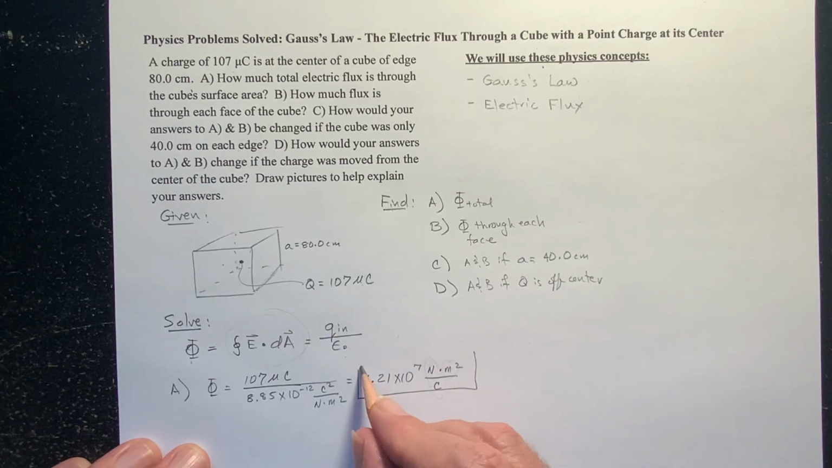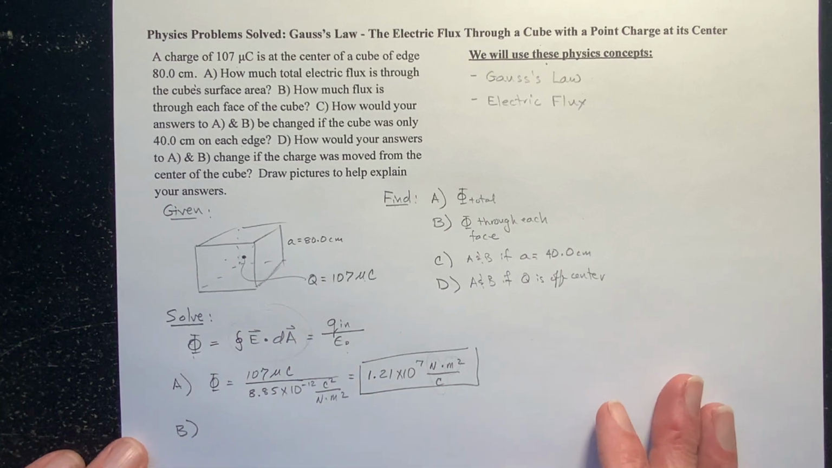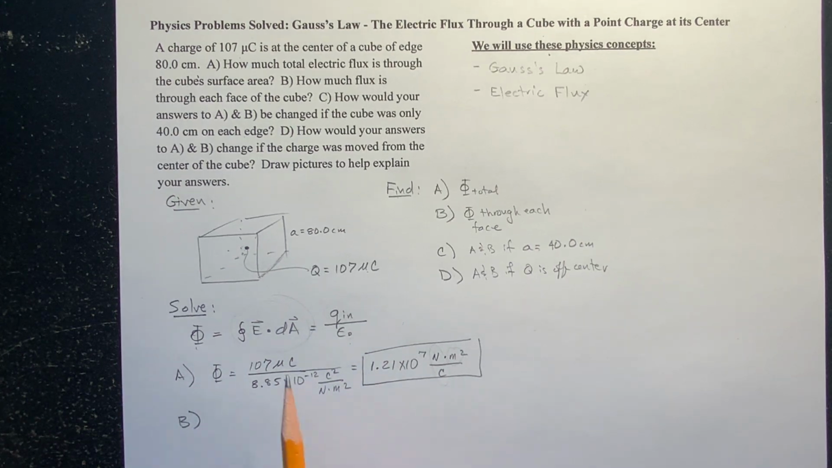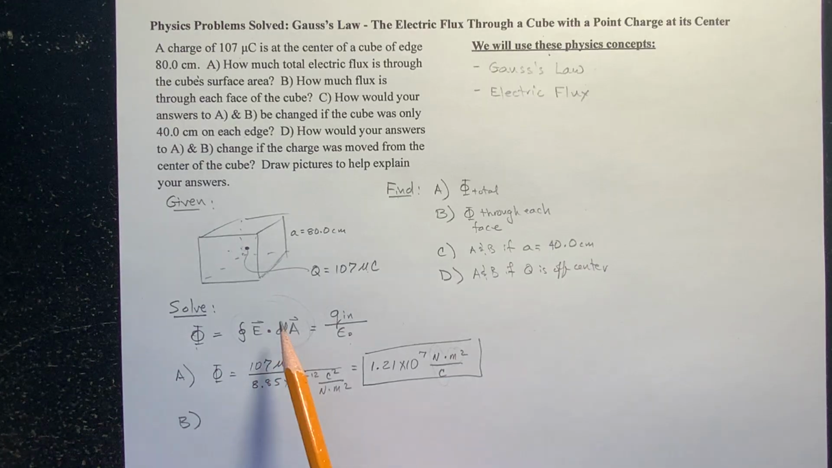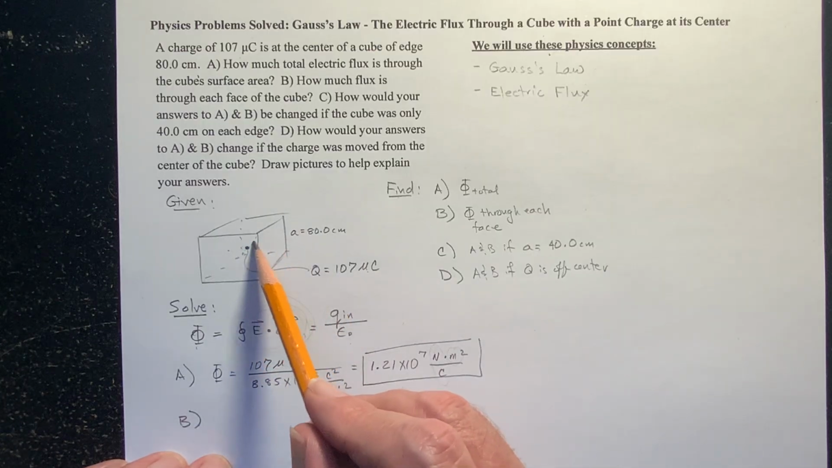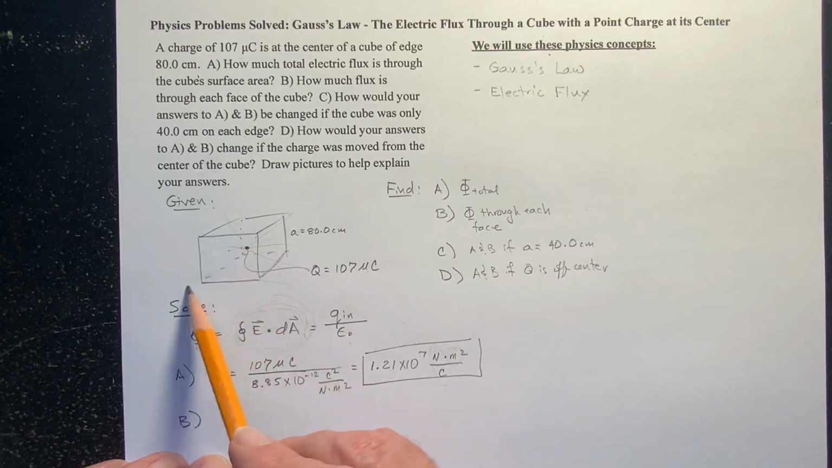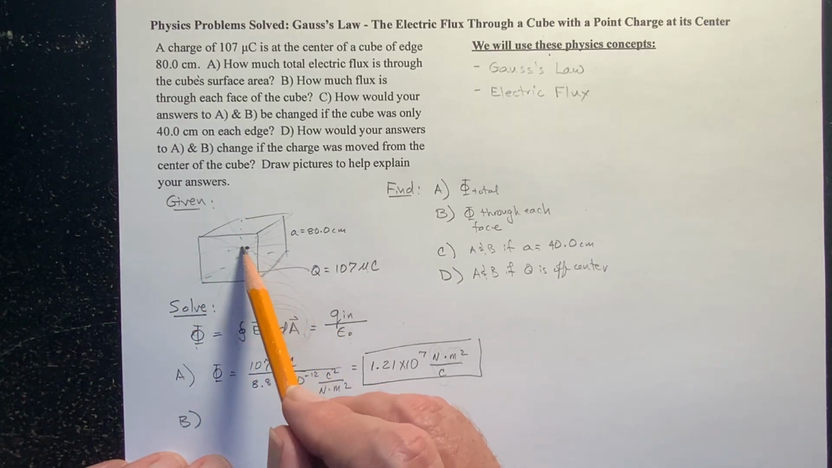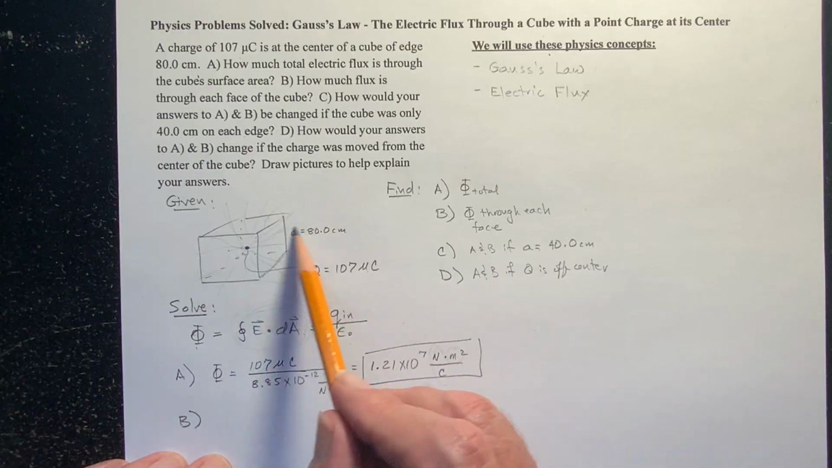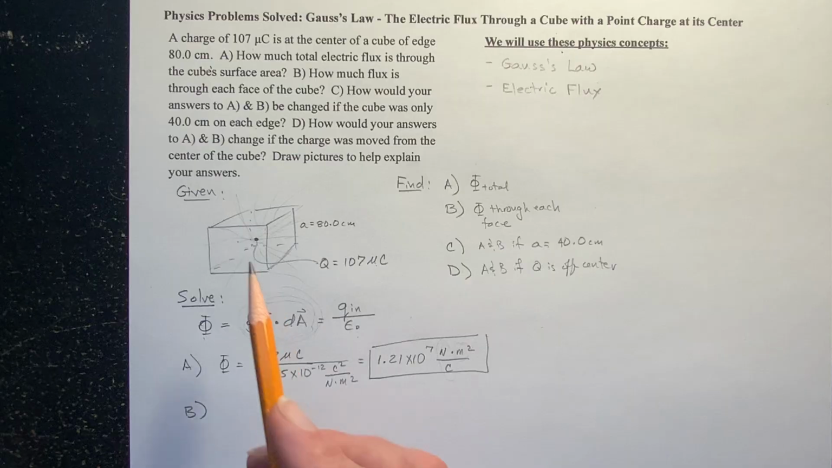That's the total flux. Now for part B, it would be very difficult, maybe not impossible, but very difficult. I would not know how to use this to figure out how much flux is coming out of each one face of this. But one thing I can argue from symmetry is this: